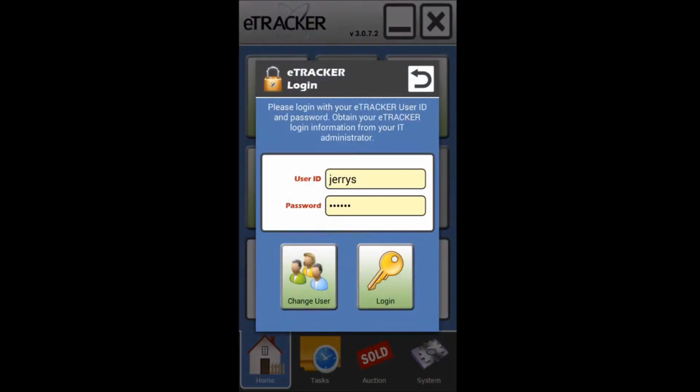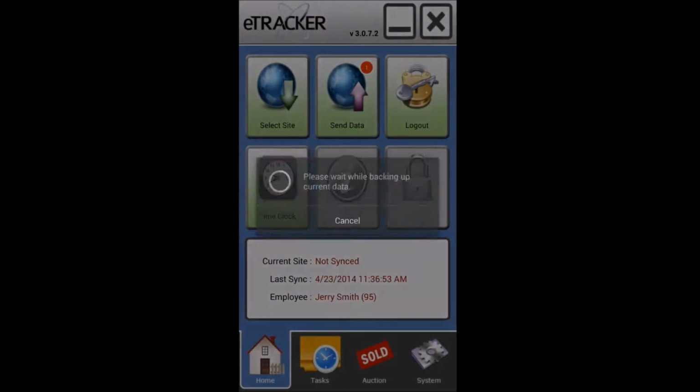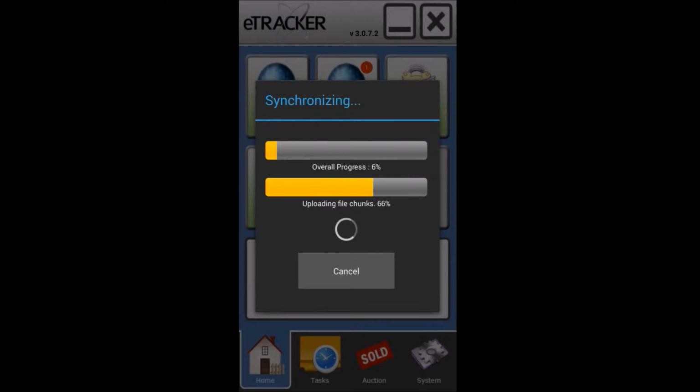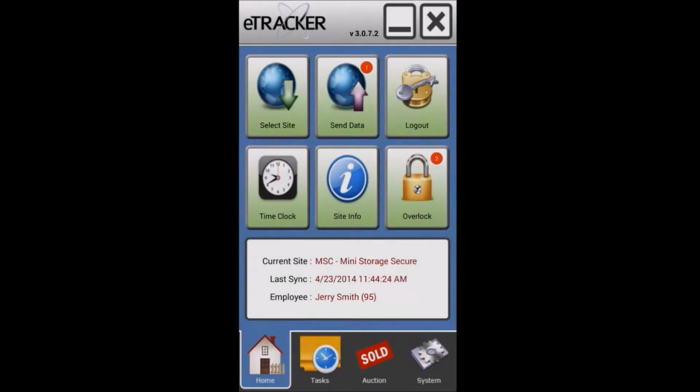Wait for it to open up. Log in. It's going to ask me which site, in this case, Mini Storage Secure, as it pulls the latest information, including unit statuses and pending tasks and all the information that I need before I go out in the field and I document the information on eTRACKER. After the full sync is complete,